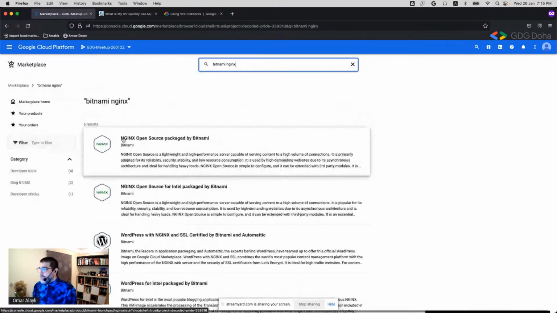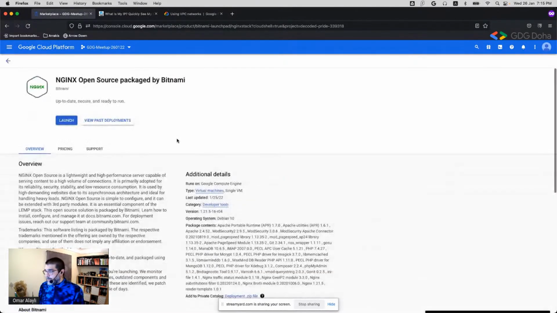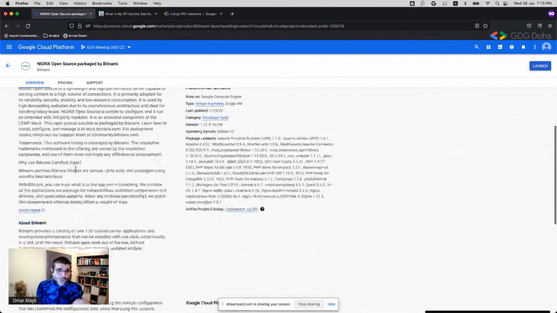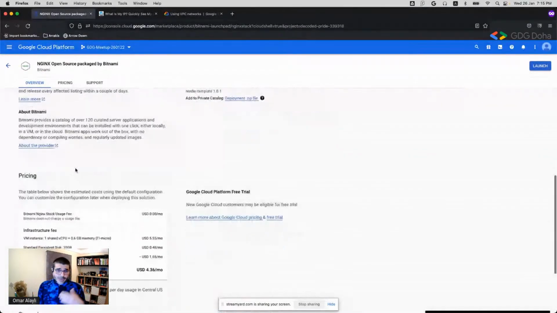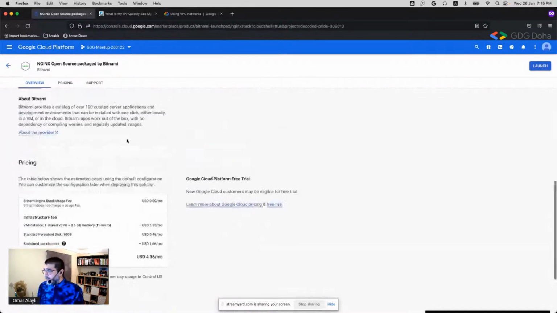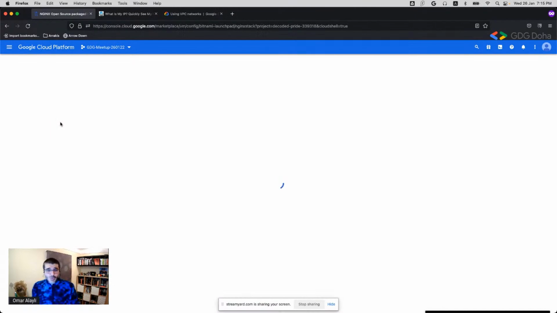The first option is Nginx, the open source package by Bitnami. So if you click on this offering that you see in the marketplace, you'll get a description of the package, what it contains, the estimated price or the cost per month, and so on and so forth. If we want to launch it,